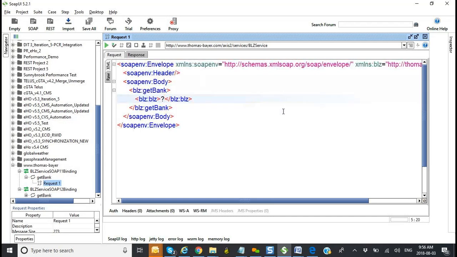All right, so now we're in SoapUI. Now, I don't know what this question mark is. I don't even know what data type I should put in here. I mean, who knows? Should it be a string? Should it be a character? Should it be a Boolean? I don't know. So the first thing we normally do in SOAP testing is we have to go read the